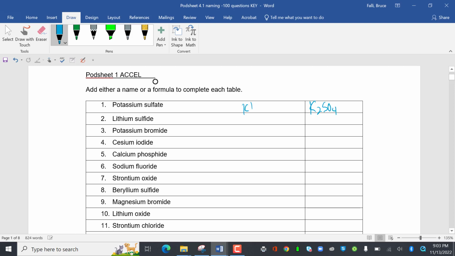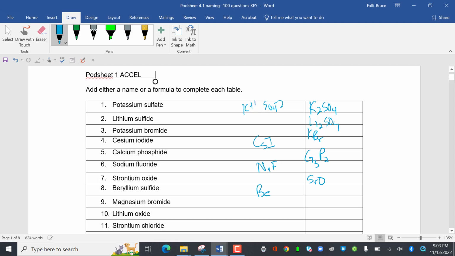K2SO4, K is plus 1, SO4 is minus 2. Lithium sulfide, Li2S. Potassium bromide, KBr. Cesium iodide, CsI. Calcium phosphide, Ca3P2. Sodium fluoride, NaF. Strontium oxide, SrO. Beryllium sulfide, BeS. Magnesium bromide,